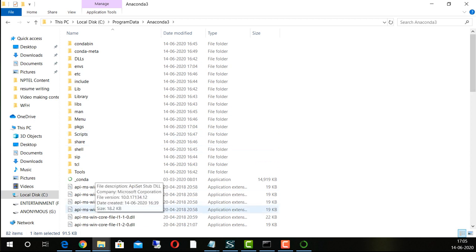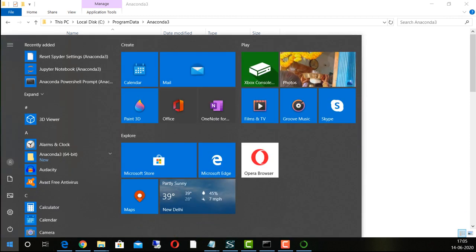Now this modification is for those whom I said that if you have already installed a Python version, if you want to move for them. But for those who are installing for the first time, your process is done, you can go and practice it. Now let me go to this PC.